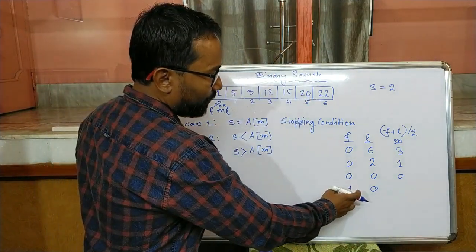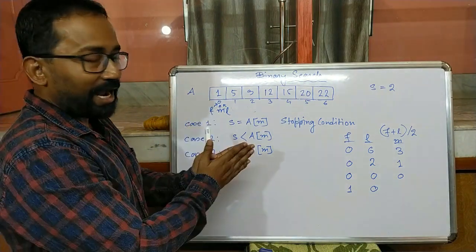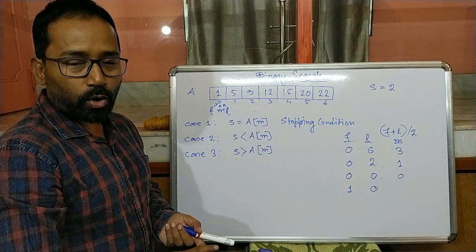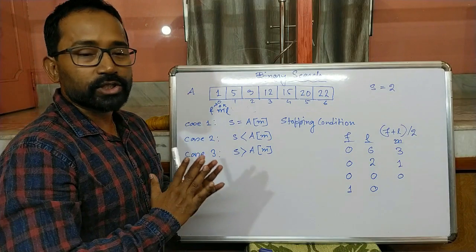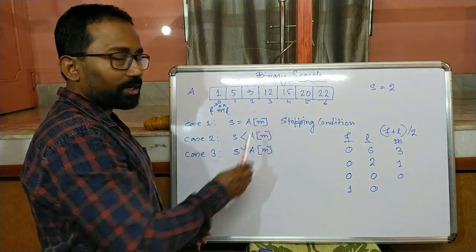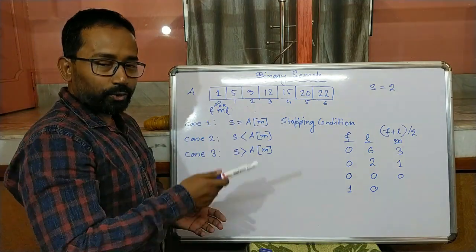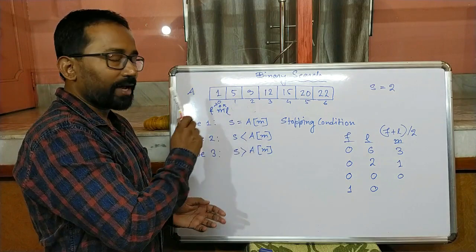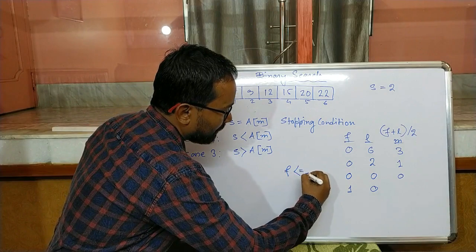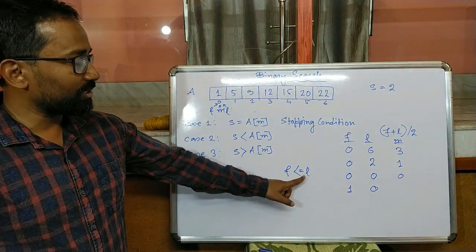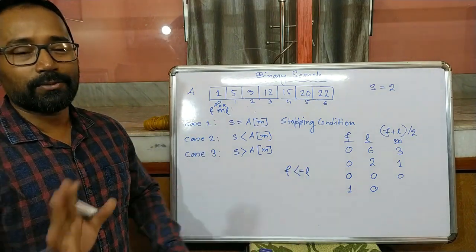Now see here, F is greater than L, which is not possible. First index cannot be greater than last index. At that moment the loop will stop. So this is another stopping condition. This is to stop the loop when the last element has been searched and the value is not present in the array. And the other is the stopping condition where inside the loop we found the value in the array and the loop has stopped for that. So if the loop terminates for true of this condition, that means the value is present, and if the loop terminates for false of this condition, then the value is not present. First index less than or equal to last index. When the first index becomes greater than the last index, the loop will terminate, means the value is not present.